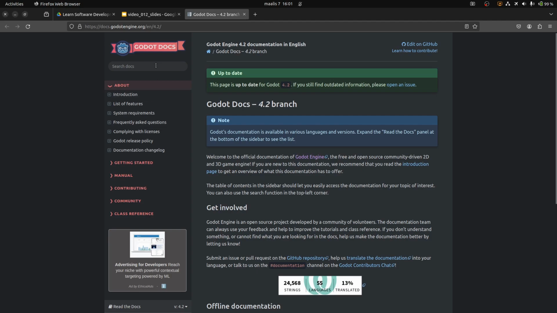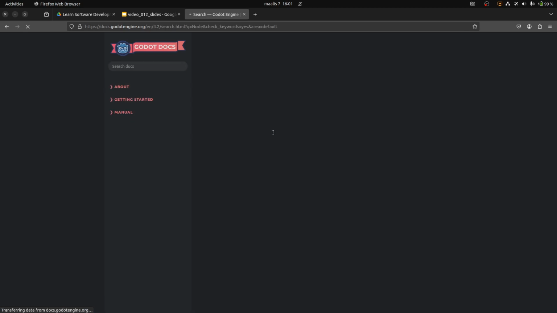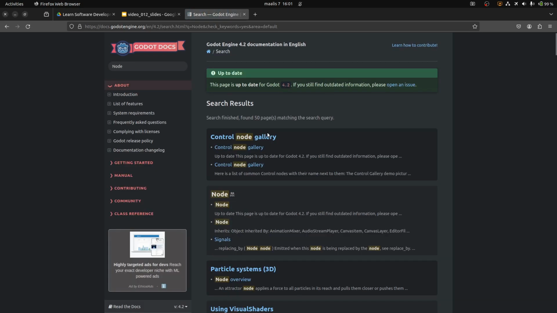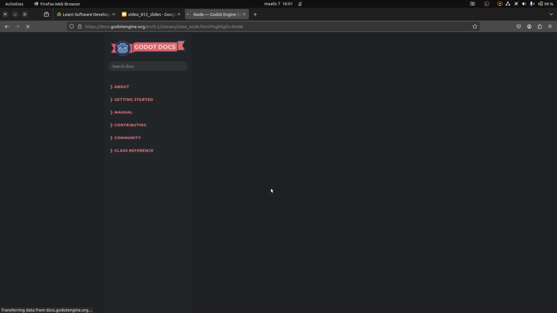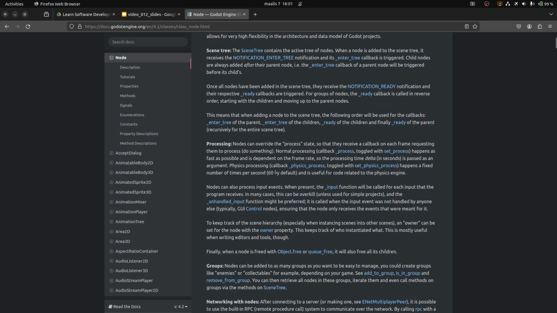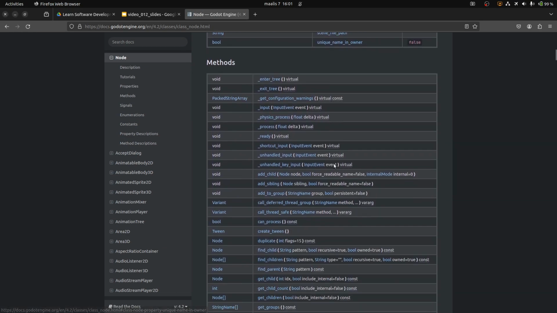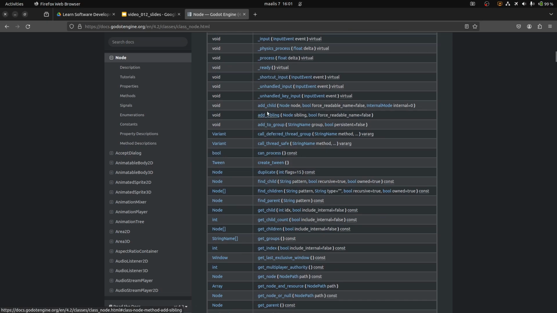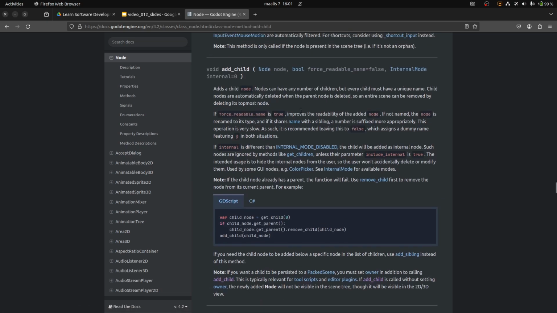Nope. Let's see, let's go back to node. Here. So here, I believe, we had the add child. It's a method of node, and anything that inherits from node is of type node and of any other thing. So we'll get to see these in action more as we go on, but this was the kind of